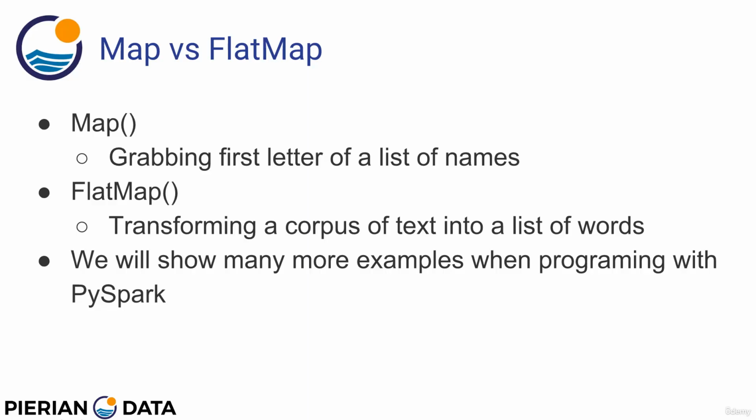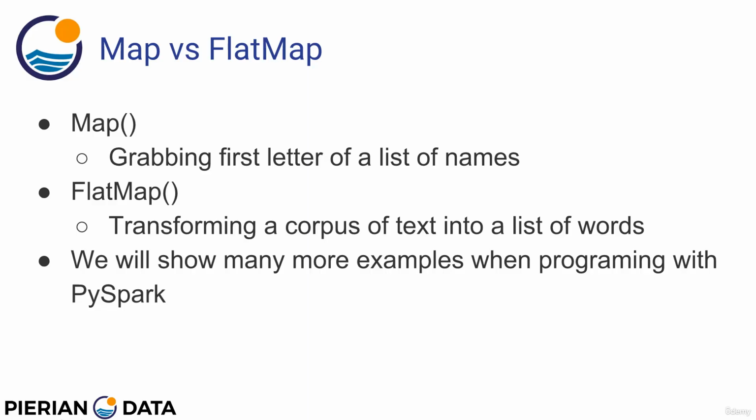with PySpark. But for instance, a map operation could be something like this. You could have an RDD with a list of names, and then you want to map an operation that grabs the first letter of each name. That way, before and after the map operation, you're going to have the same number of elements, one first letter for each name element. An example of flat map could be transforming a corpus of text into a list of